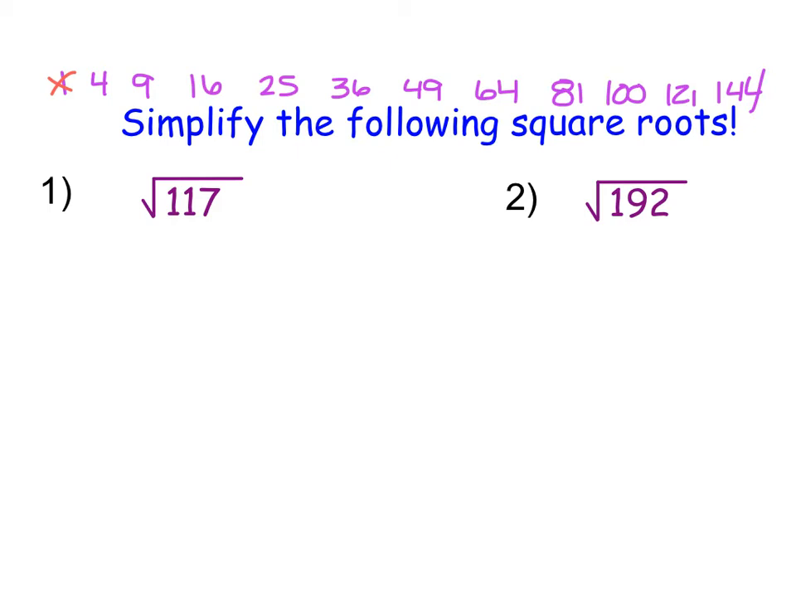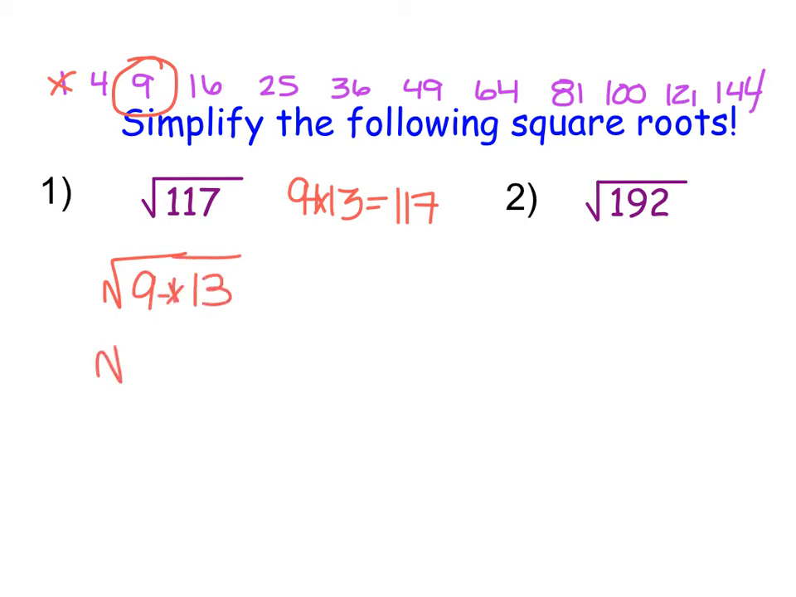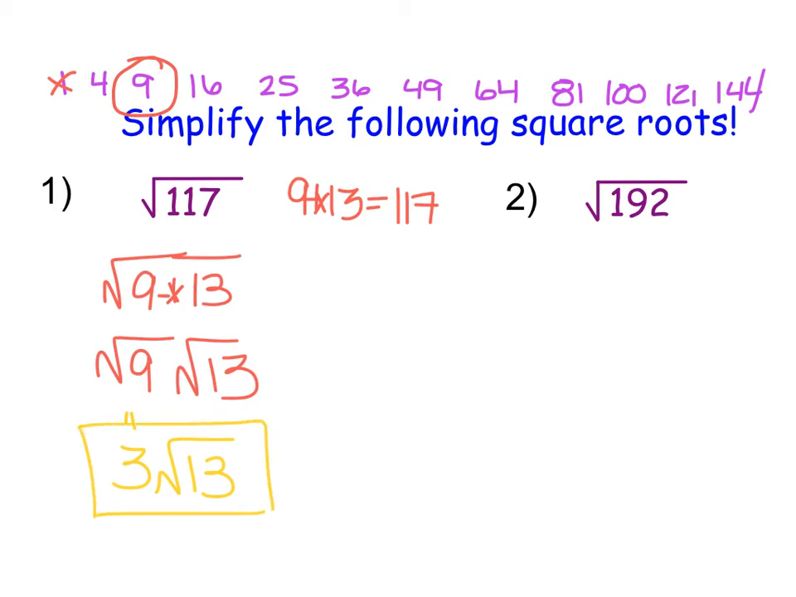I can see that 117 is the number underneath my radical, so what I'm looking for are the numbers that 117 is divisible by that are perfect squares. And if I go through and divide 117 by all of my perfect squares, I find that 117 is divisible by 9, because 9 times 13 gives me 117. So I can rewrite this as the square root of 9 times 13, which then I can split up into 2 roots, the square root of 9 times the square root of 13. Well, the square root of 9 is 3, so I end up with 3 times the square root of 13, and then I notice that 13 is not divisible by another perfect square,